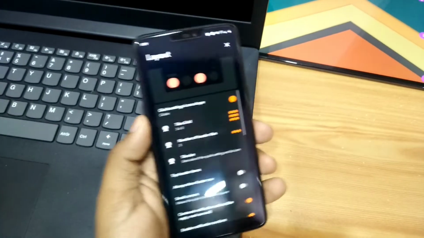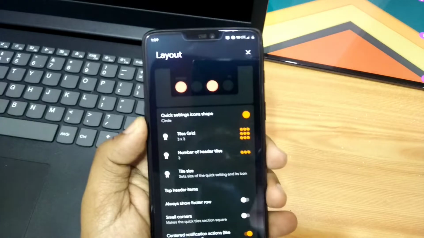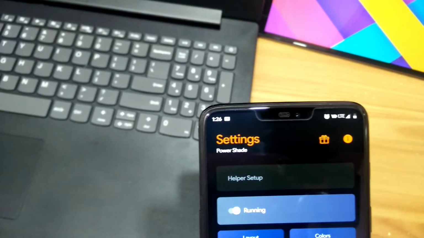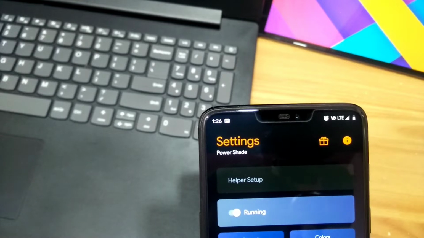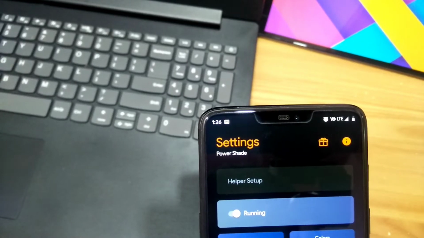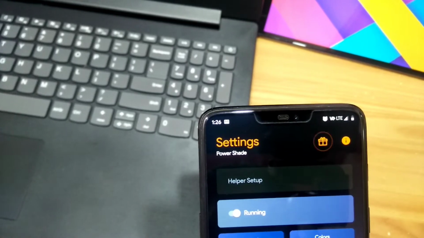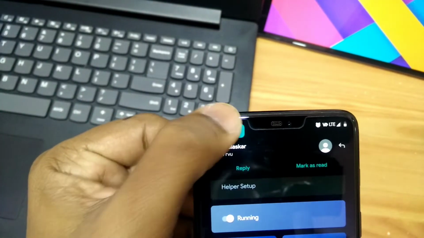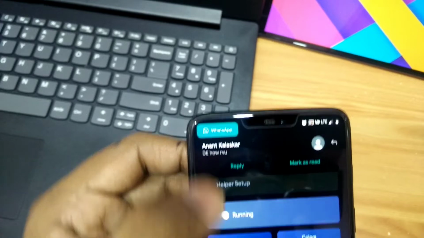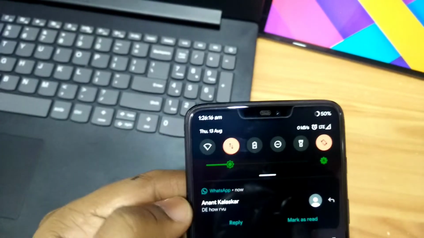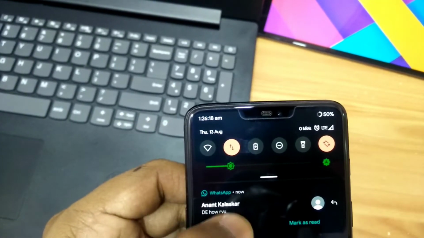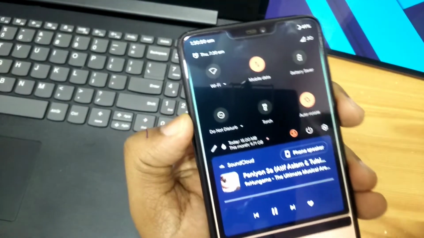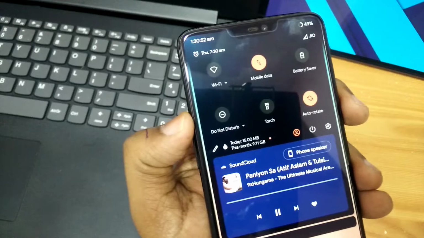You're watching Forutech. So we came back with the review of the new Android application that is called PowerShed. PowerShed is a total notification and quick setting panel replacement app that packs tons of customization options that will let you easily personalize your Android device notification and quick setting panel. This application also brings the new Android 11's media control to any Android device. So without wasting any time, let's get started for the review of the application.